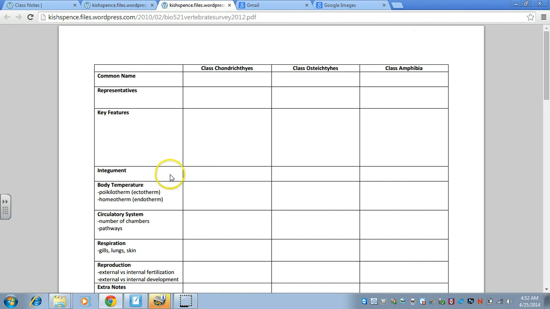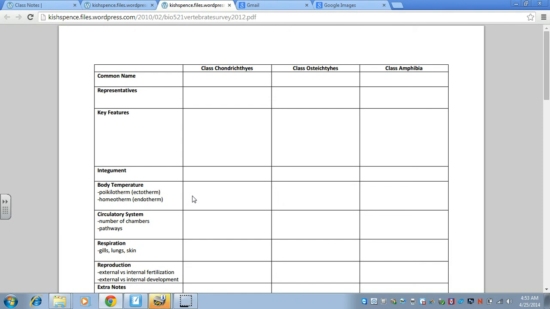Integument means skin. So are there special features on their skin? They have rough scales. That's good enough for our level. We don't have to talk about the name of them. I already mentioned it, but I don't expect you to know that. So in terms of their body temperature, as mentioned earlier, the only ones that are endotherms or homeotherms, or can maintain their own body temperature from inside, are birds and mammals. If you can remember, they're the only ones that are homeotherms, then the rest must be poikilotherms. So fish, amphibians, reptiles, all of them are ectotherms or poikilotherms, or